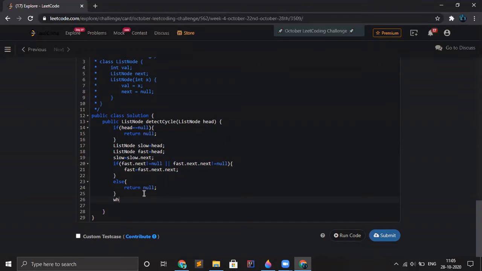Now we are going to iterate through the linked list until slow is equal to fast. While slow is not equal to fast, we need to check the base conditions: slow is not null, and fast is not null.